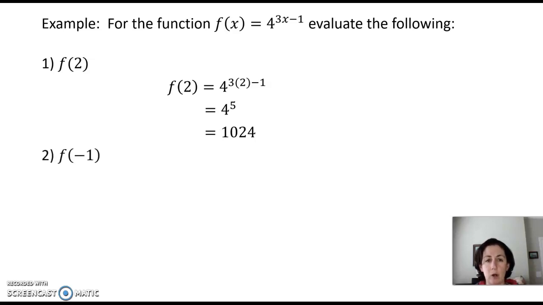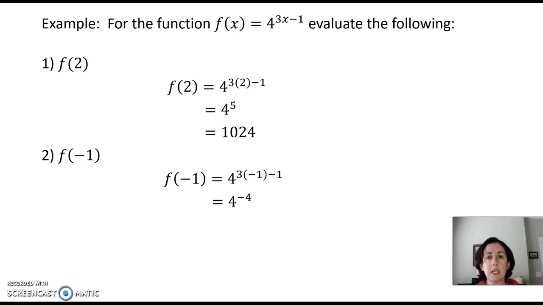We'll plug in -1. So f at -1 will replace this x with the -1. That'll be 4 raised to the 3 times -1 minus 1. 3 times -1 is -3 minus 1 is -4. So we have 4 being raised to the -4 power, which says take 4 and multiply it to itself -4